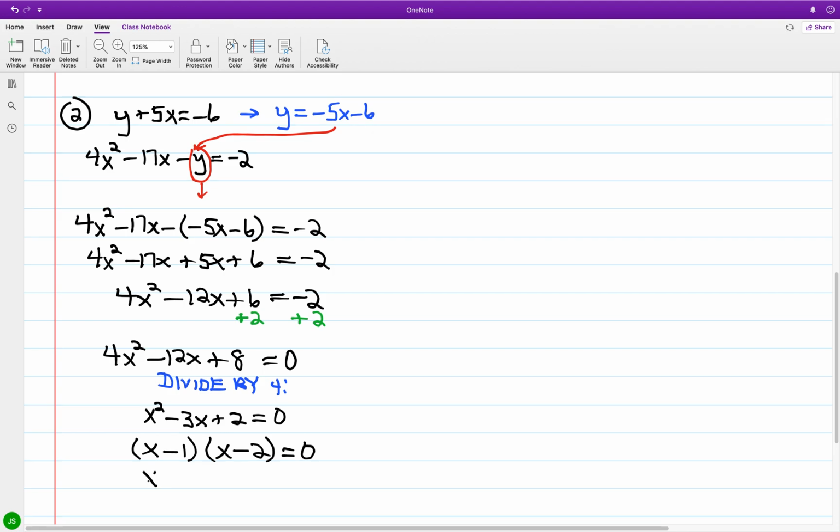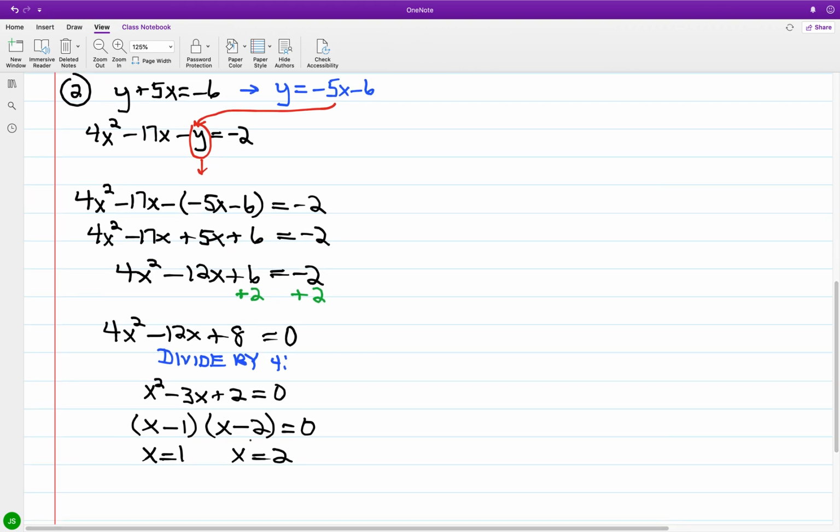If x minus 1 is 0, I have x is equal to 1. If x minus 2 is equal to 0, I have x is equal to 2. And now, taking what we have, from y plus 5x is equal to negative 6,